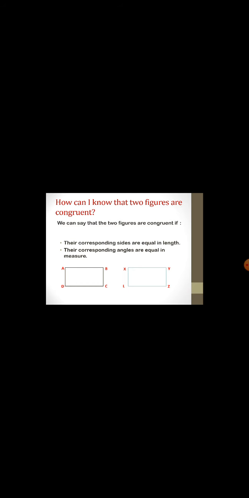Okay, here I have two rectangles. We all know this figure's name. I have here rectangle ABCD and rectangle XYZL. So how can I know, or say, that these two rectangles are congruent? Here they are congruent